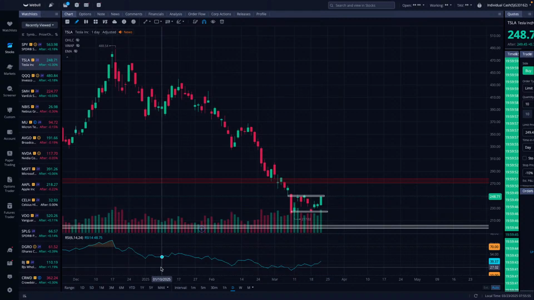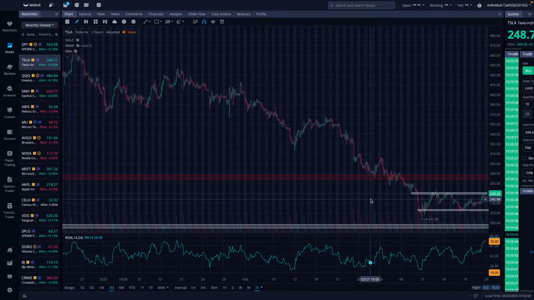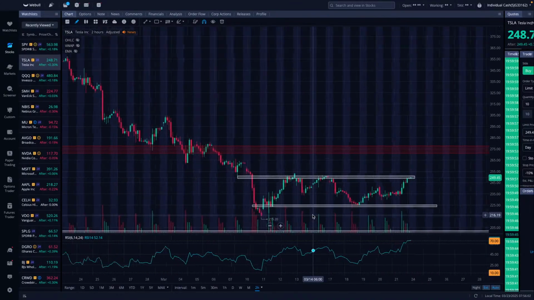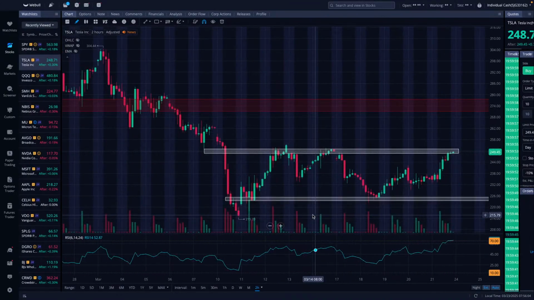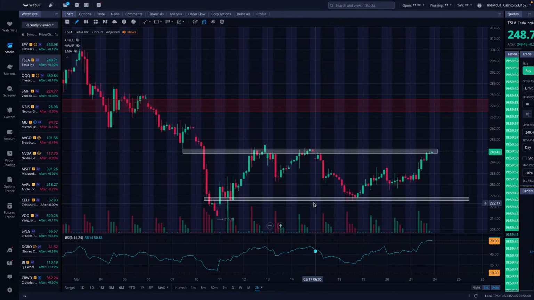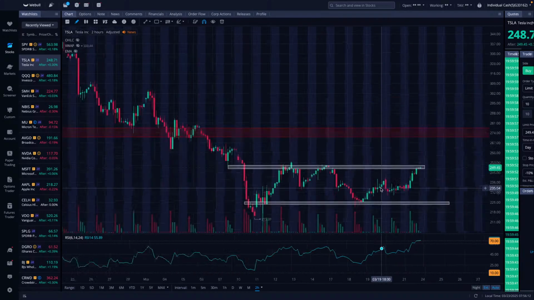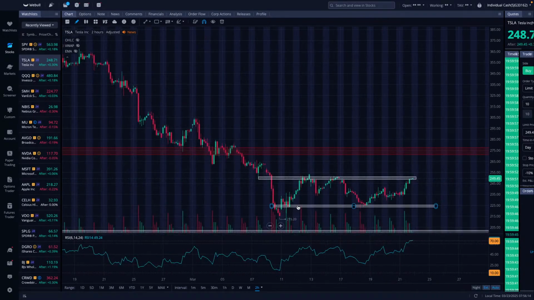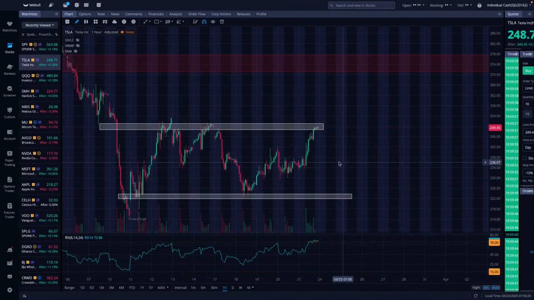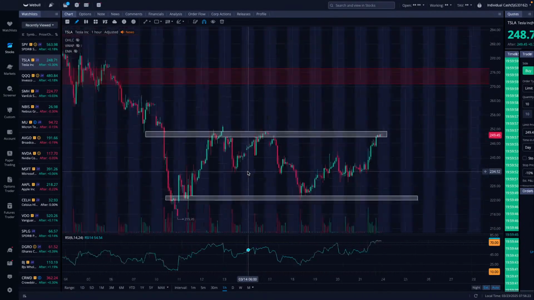Tesla's a stock that if you follow my YouTube channel or you're a member, you will see that I own Tesla. I have been scooping up some shares around here. And if you want access to that, just become a YouTube member and you'll be able to check that out. But here, you'll see it's at 250. It has to break above this. It's consolidating in this range, basically from 220 all the way up to 250. We need to see Tesla break out of this level and then make a move forward.